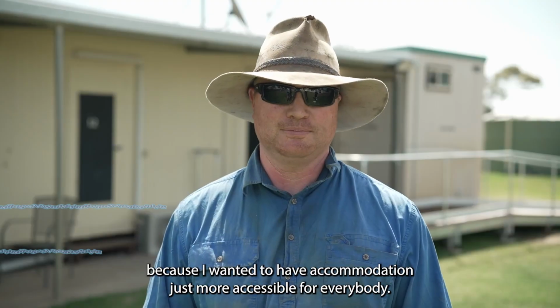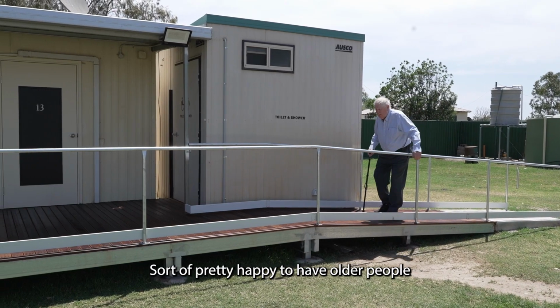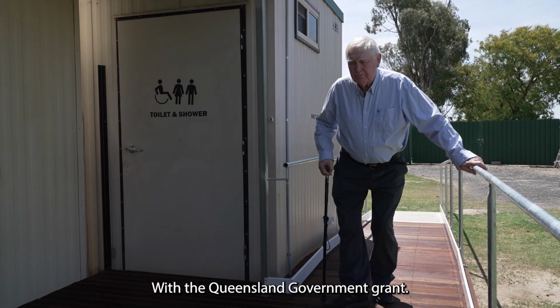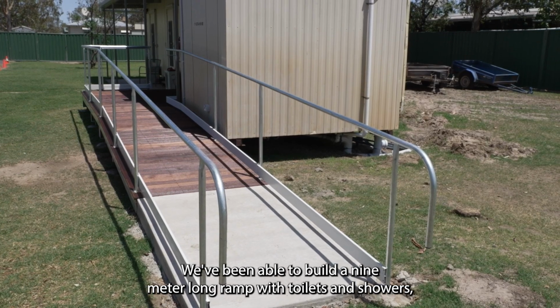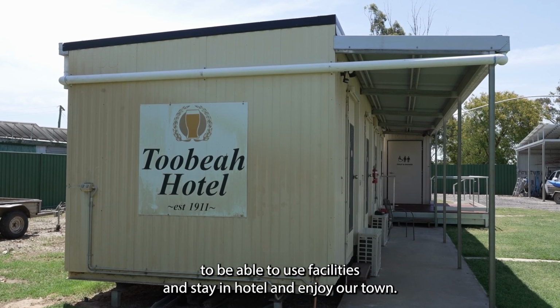I applied for the grant because I wanted to have accommodation just more accessible for everybody. I'm pretty happy to have older people, people with disabilities and that be able to experience Western Queensland. With the Queensland Government grant, we've been able to build a 9-metre long ramp with toilets and showers, which we hope will enable people with disabilities and stuff to be able to use our facilities, stay at our hotel and